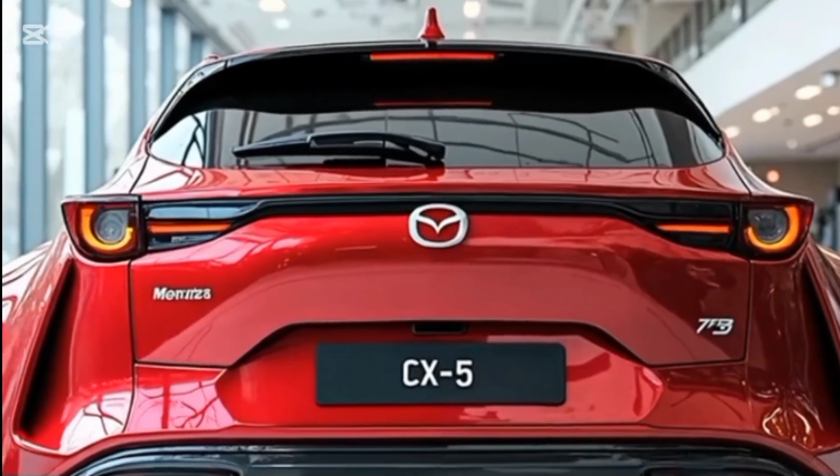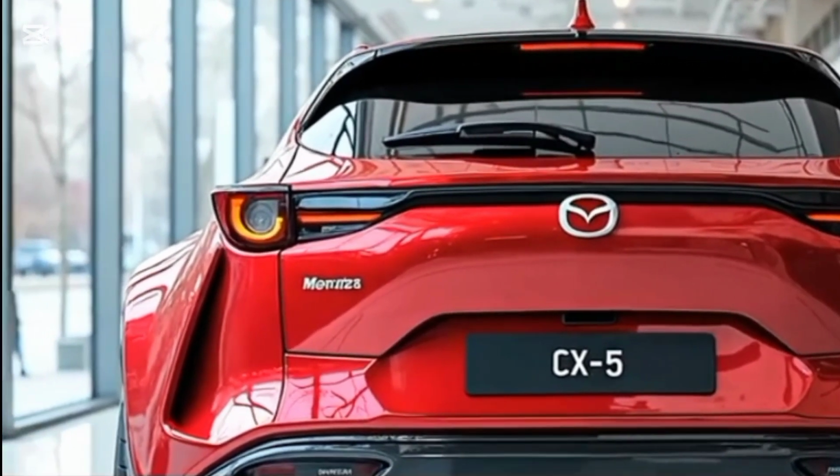The 2025 CX-5 comes standard with a full suite of iActive